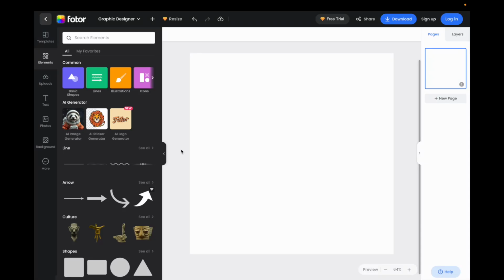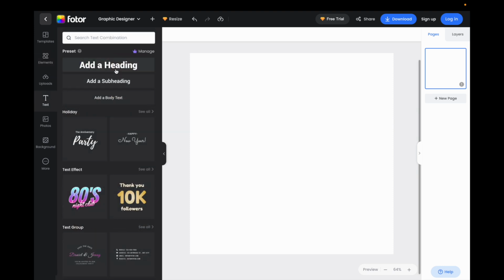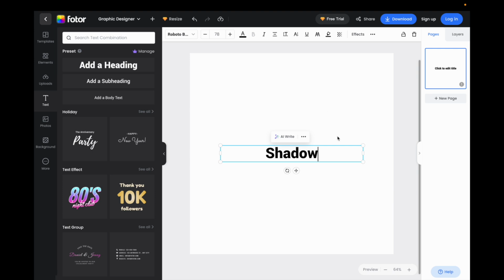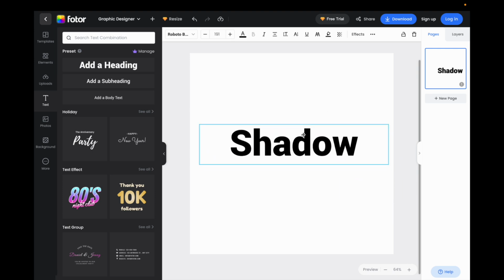So in this Fotor tutorial video, I'll be showing you guys how to add shadow to text here on Fotor. So once you open up Fotor, I'm just going to go ahead here and add some text. Type in the word shadow. I'll then make it a little bit smaller, then make it a little bit larger so it's easier for you